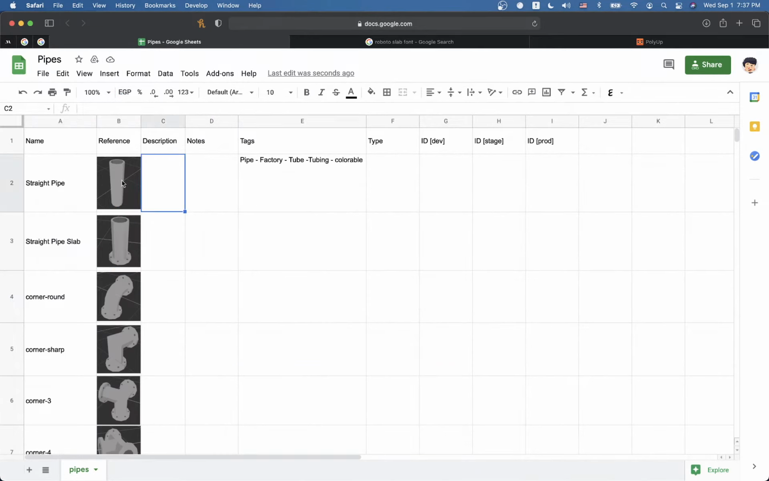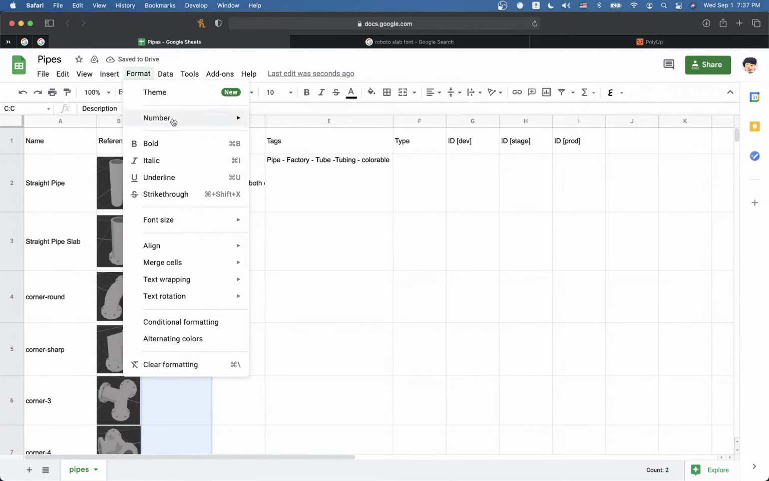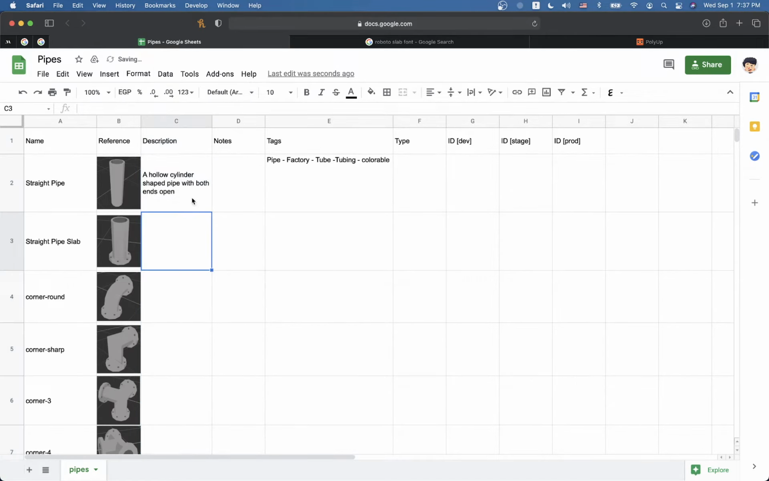Here, let's add a description for this one. So what would a description for this pipe be? We can call it a hollow cylinder shaped pipe with both ends open. And you can add more, you can add less. It's really up to the author of this library. And that's it. Now for the tags, first, thank you for adding these tags, but we separate them by